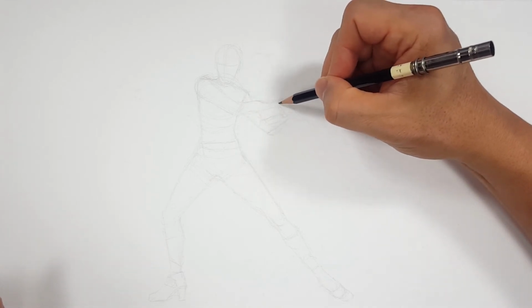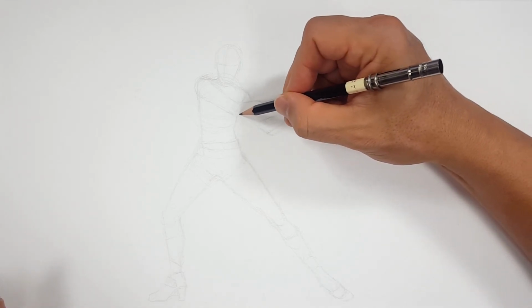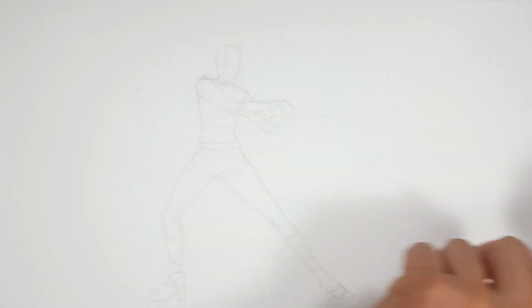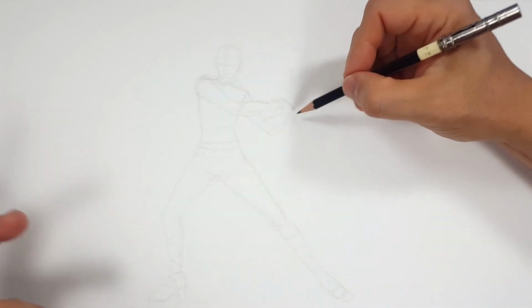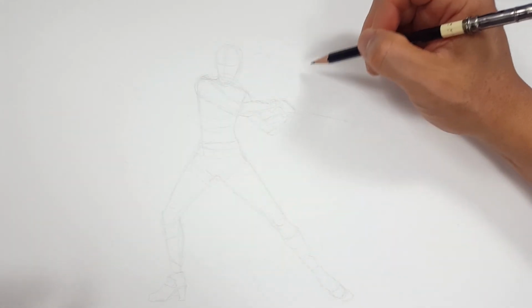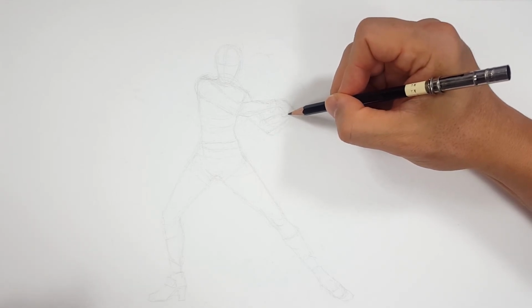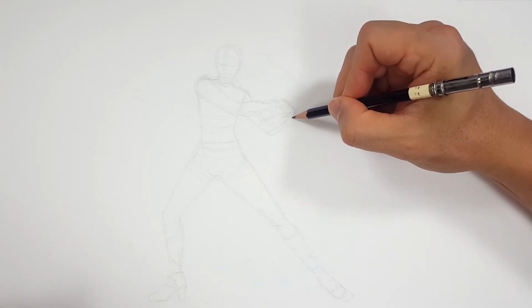Okay, and what does she have? She's got rib bracelets and stuff like that. I gotta make sure I plan for those. But anyway, I want it down because she's swinging it up, you know? Again, I'm doing it like you can see, but you have no idea what I'm doing. That's okay. It's my own